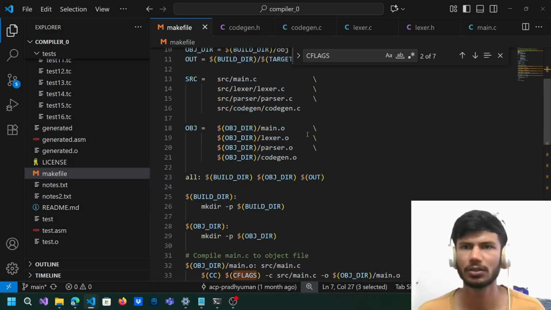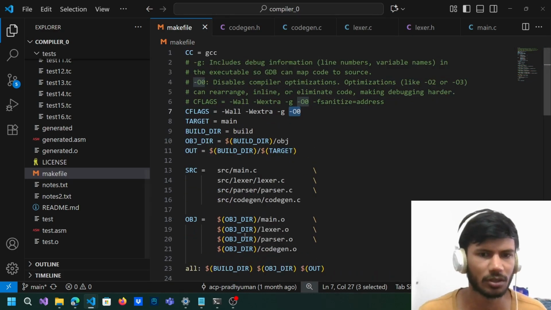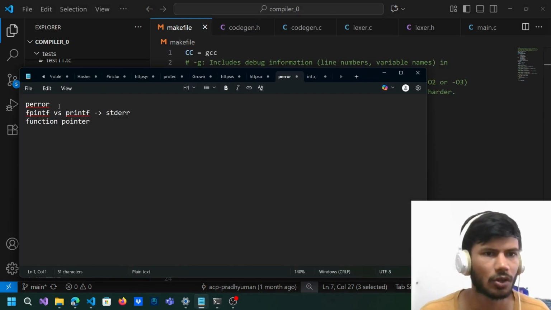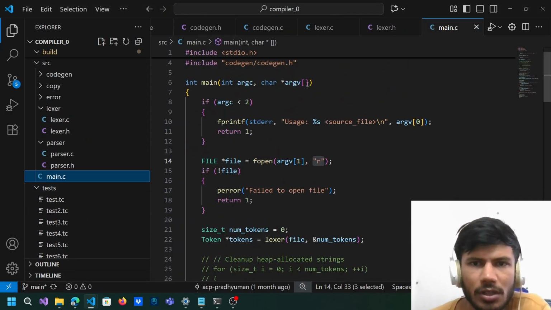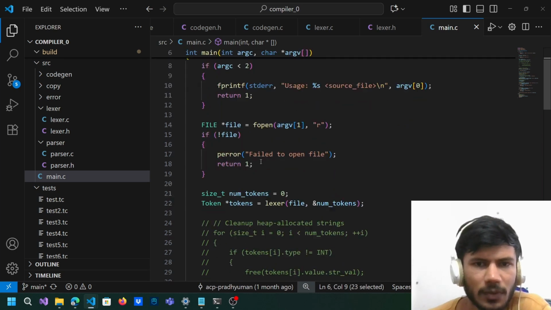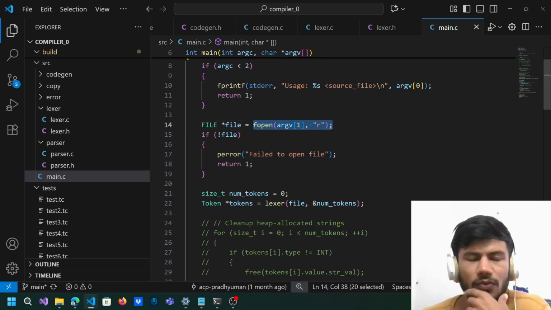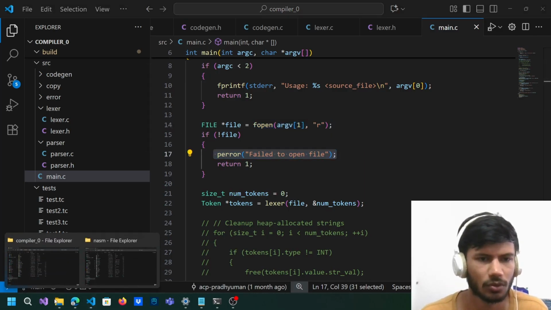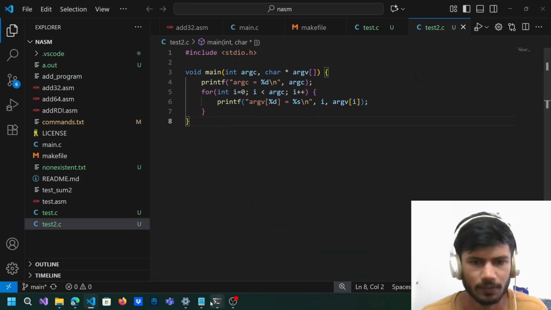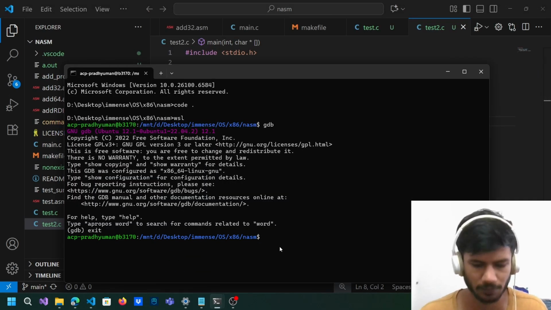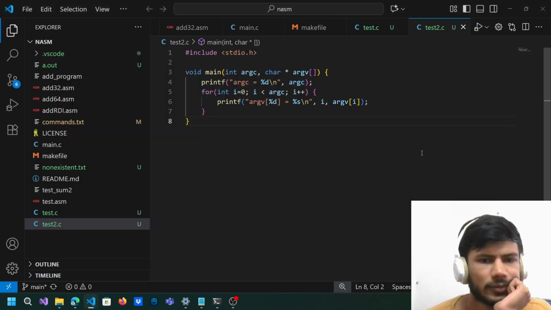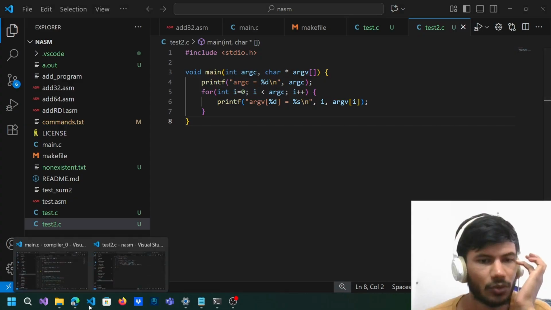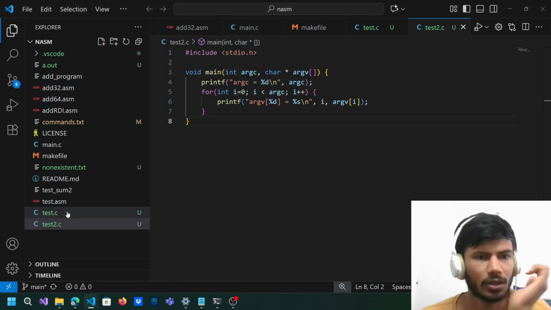So, okay, that's it for the prerequisites, I guess. Okay, no, we are not done yet. We have the main.c, we have argc and argv, followed by an if, open is for opening of the file, and then we have a perror. Okay, now we have perror. Now there's a difference between perror